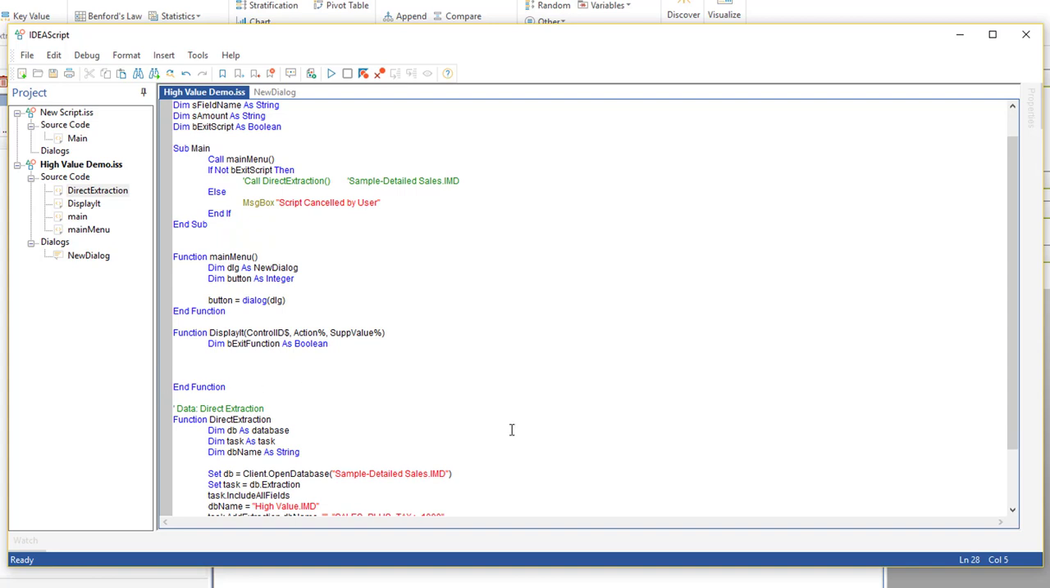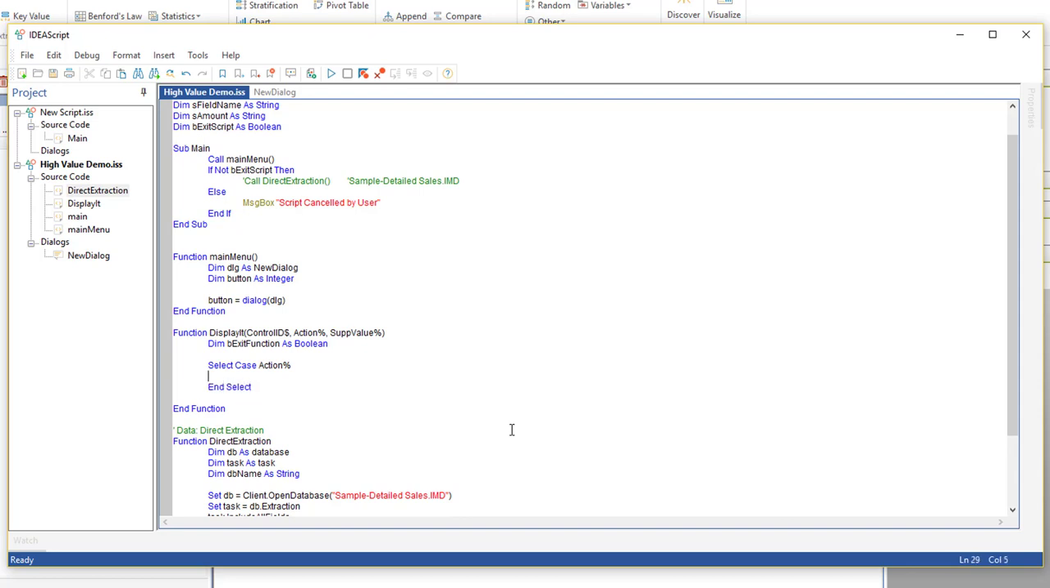Now I'm going to do a select case on the action field, and I want case 1 and case 2. So I'm going to do something when the dialog starts up, that'll be case 1, and if case 2, that means that I'm within the dialog, then I'll do something else, and usually I'll do another select case,